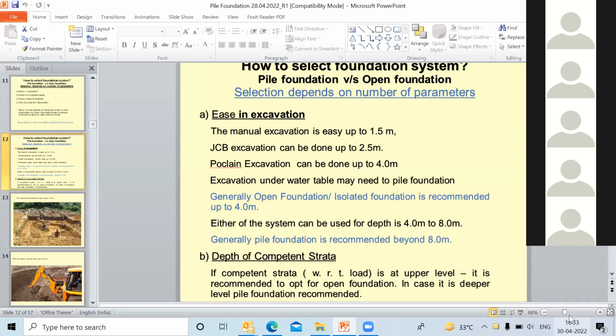Excavation under water table, even though lesser depth, may lead to pile foundation. Generally, open foundation or isolated foundation is recommended up to 4 meters. Either of the systems can be used between 4 to 8 meters, and pile foundation is recommended beyond 8 meters. Now, please understand that these figures of 1.5 to 4 are not exactly